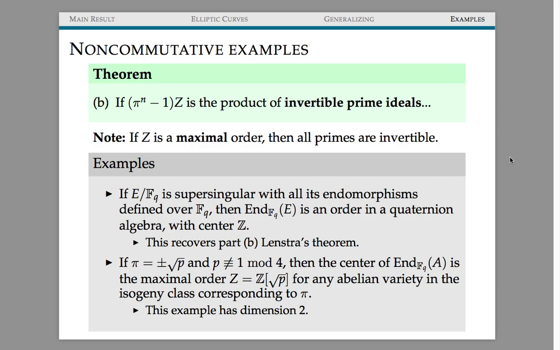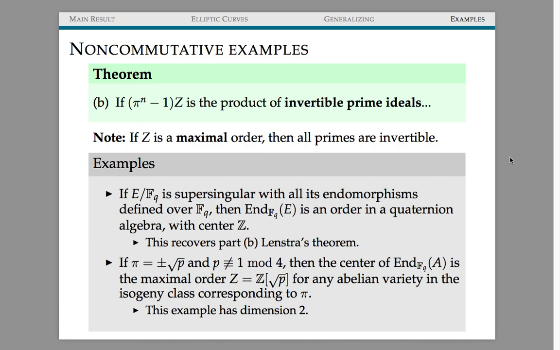But just going with thinking about maximal orders, we can still get some mileage out of this part of the theorem. So for example, if you think about a supersingular elliptic curve where all its endomorphisms are defined over F_Q, this is the case where pi is an integer, then this endomorphism ring is an order in a quaternion algebra with center Z. Of course, every ideal in Z is principal already, so they're certainly invertible,